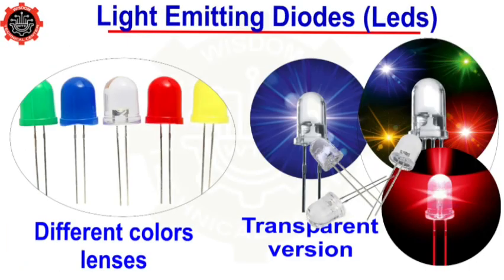LEDs they exist in various different color lenses, but we fit also get transparent version which go emit different color light too. The cases of an LEDs be colored to make it easier for us to tell what color light will be produced. Now actually just that material inside the semiconductor layer or region wey go produce these different colors of light, and not the